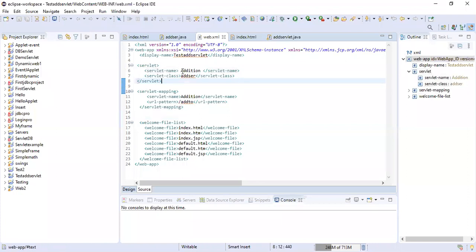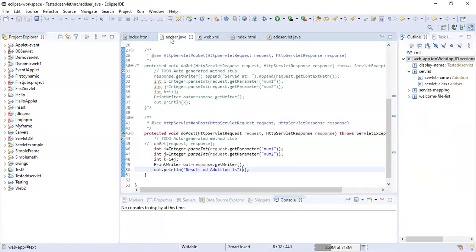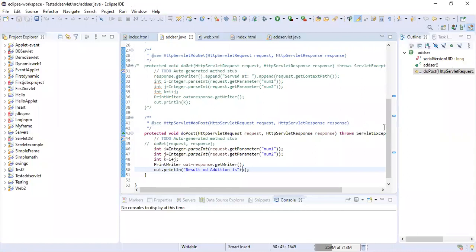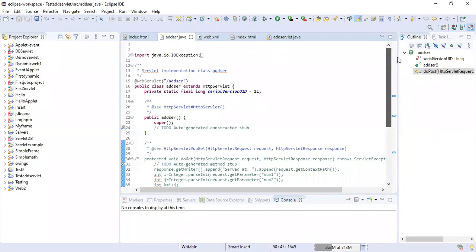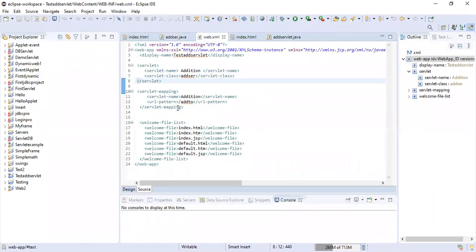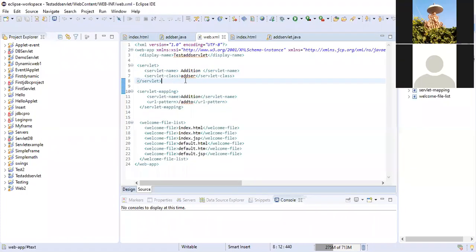Servlet name, you can write any name you want. So addition is the servlet name I have written. And in servlet class, you have to write the name of the class. Check it out, this is my class name, AddSer. That class name I have to write over here in the servlet class.